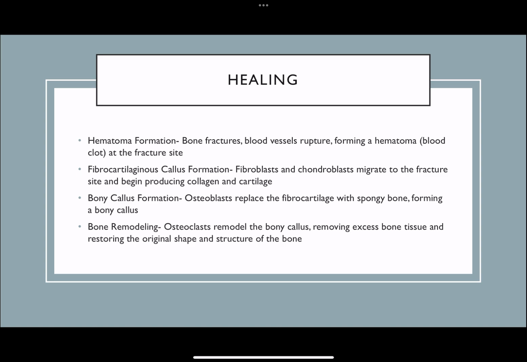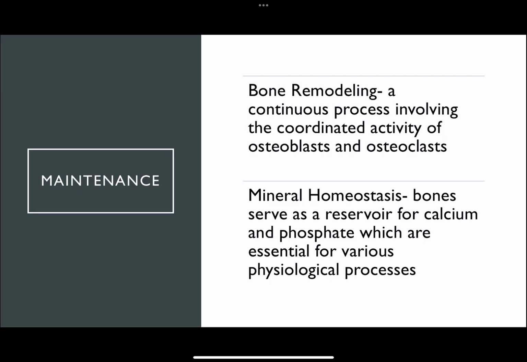Bony callus formation is also a process of healing where osteoblasts replace the fibrocartilage with spongy bone, forming a bony callus. Bone remodeling is where osteoclasts remodel the bony callus, removing excess bone tissue and restoring the original shape and structure of the bone. The last thing we will be covering in this presentation is maintenance, and this is